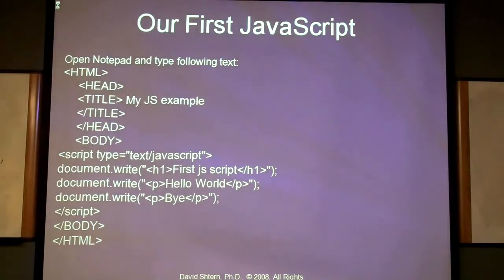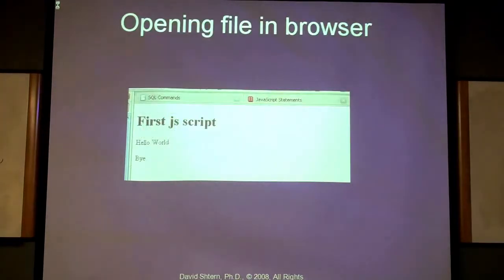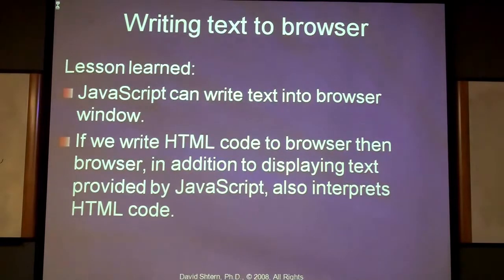This is our first JavaScript, which we already did. We've seen the results. There is no need to go deeper into that. If you save this, you'll see the result as here. Plus, you definitely see also a couple of statements here. Values of the variables are printed. JavaScript can write text into the browser window and do a lot more actions than this.